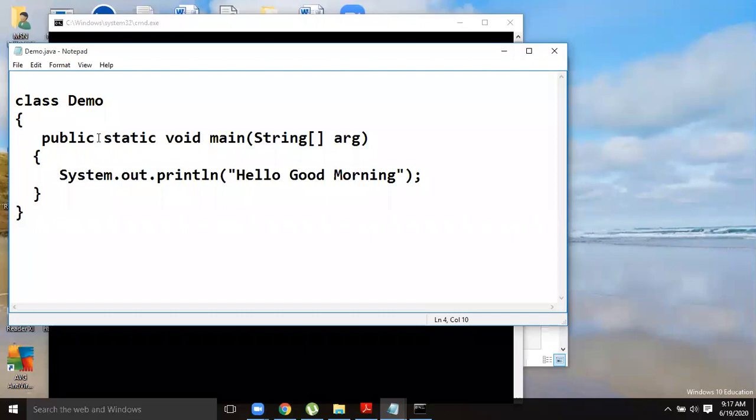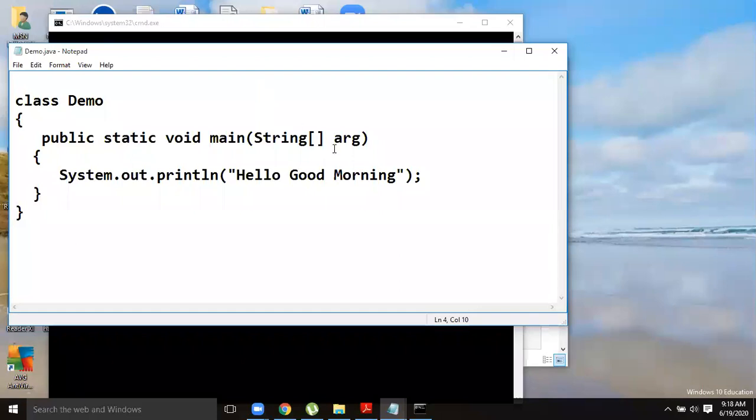Public static void main. Public means, sir, you see, Java is a secure language. You can protect the members of a class from the access of the outside environment. If I want to make a particular method private, I can make it private. If I want to make it public, I make it public. Public means a public member is visible to all. Suppose your program contains more than one class, this particular main method can be accessible anywhere because it is visible to all. So public members are available to all the resources. This is the meaning of public static void main.